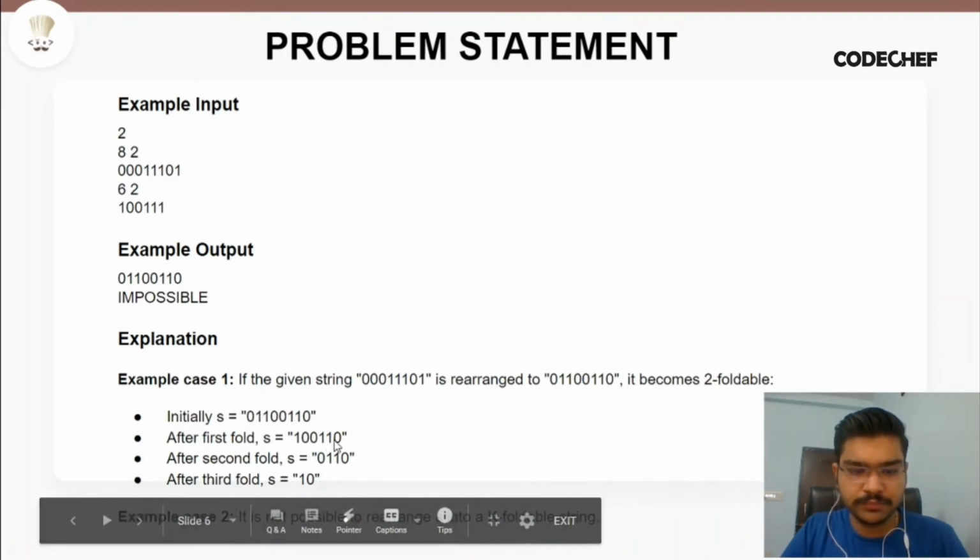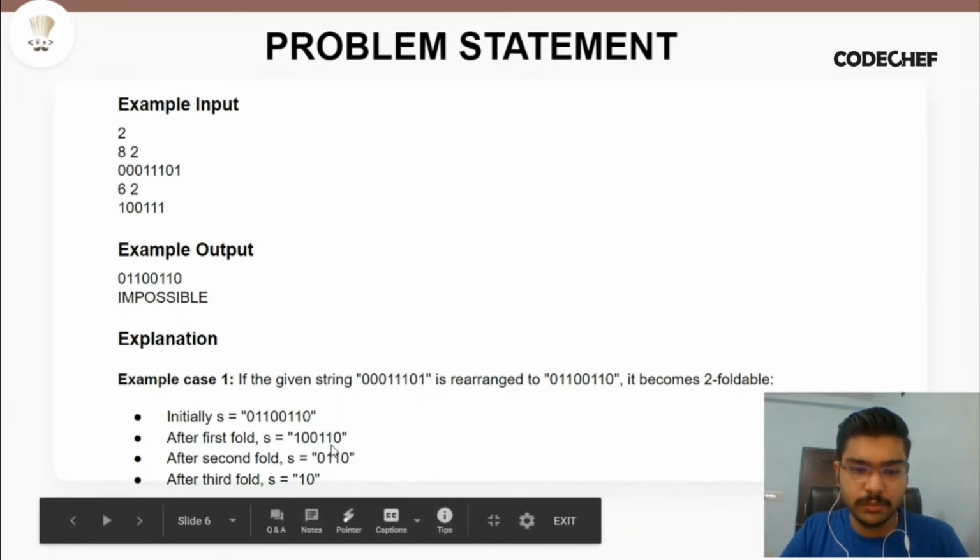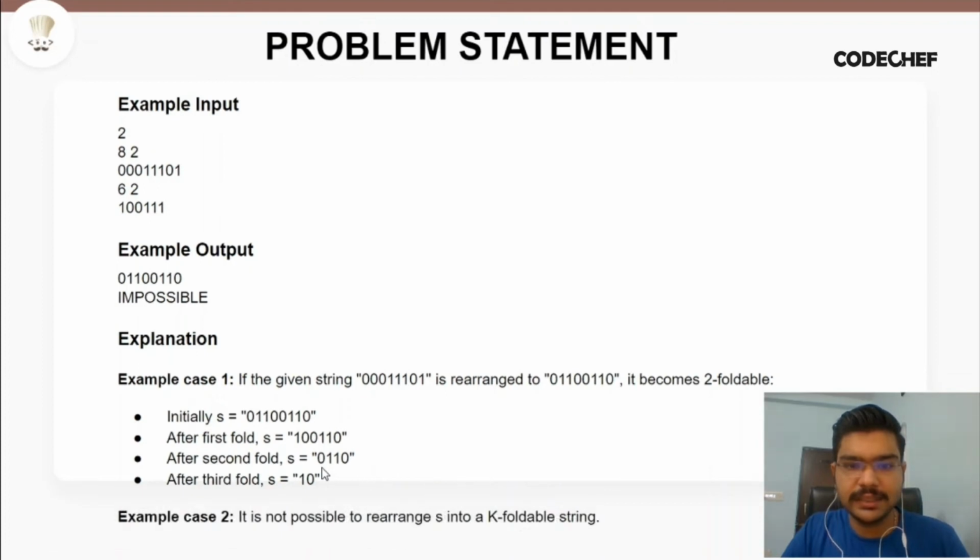0 1 1 0. Similarly, again we'll select the prefix of length 2k, that is 4, and then we'll match the ith character with the (2k minus i plus 1)th character, and we'll see that everything is matched, so we'll remove the prefix of length k, that is 1 0. Similar process here also: we'll see whether the (2k minus i plus 1)th character matches with the ith character, and then we'll remove the prefix of length k, that is 0 and 1, and at last we are left with a string of length k. That means the whole process is complete, the conditions are working, and this is the lexicographically smallest string, so